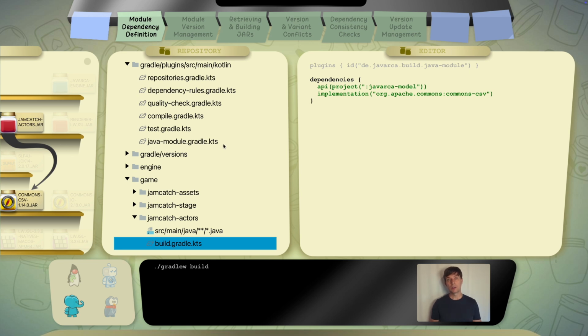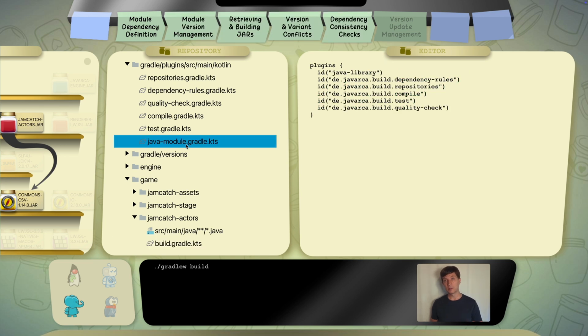With this approach, Gradle offers you a number of different notations to define your configuration. I use the Kotlin DSL here, but you could, for example, also use Gradle's Groovy DSL or write your configuration in Java. The plugin we apply in our module is called java-module, and we find this plugin here in the file with that name. So essentially, such a plugin for configuration, which is also called convention plugin, is just a Gradle KTS file.